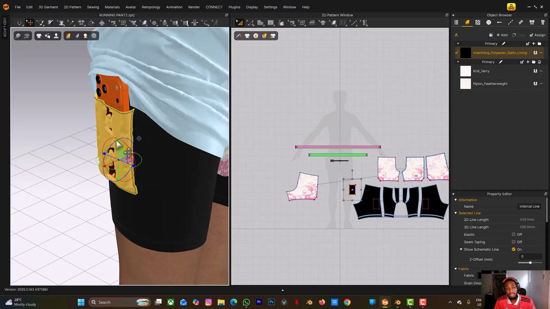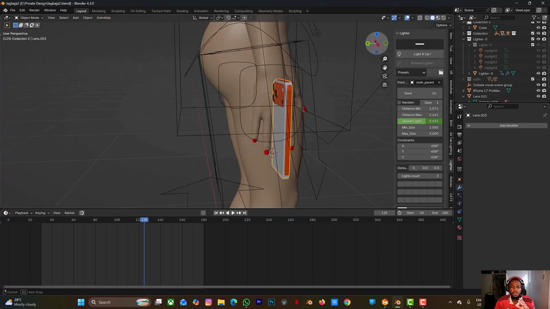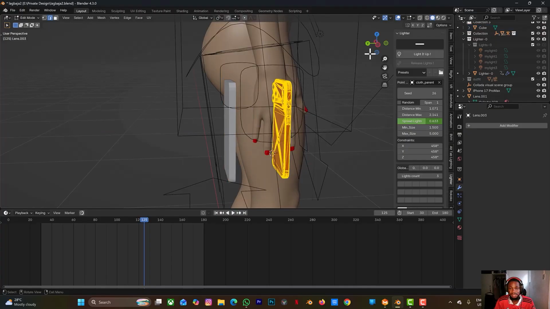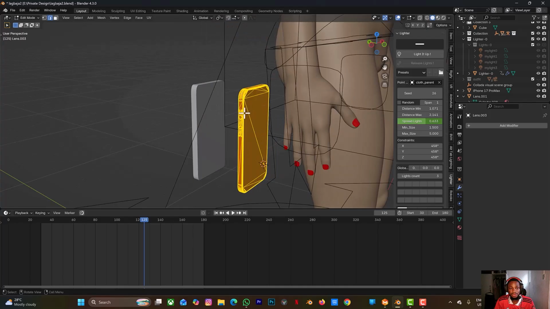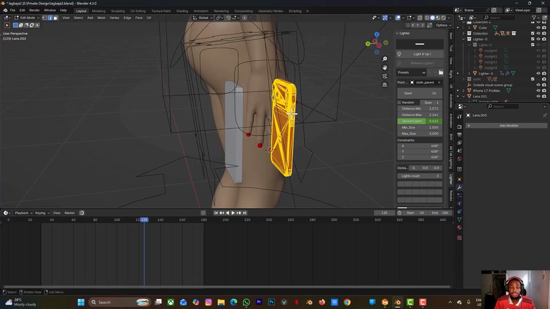So let's go back to Blender, since I brought this iPhone from Blender. I downloaded it from Sketchfab, if I'm right, not CG Trader, sorry. So what I notice is this now. You can see that there is a cube here. So if I select GZ, it moves backwards. So see this iPhone, and when I go to tab mode, you see that the mesh or the polygons are not looking so good, and that is one of the reasons why it looks so bad on CLO3D and Marvelous Designer. So this cube, I just had to create a cube and reshape it